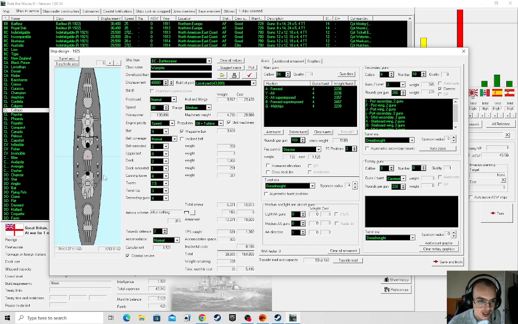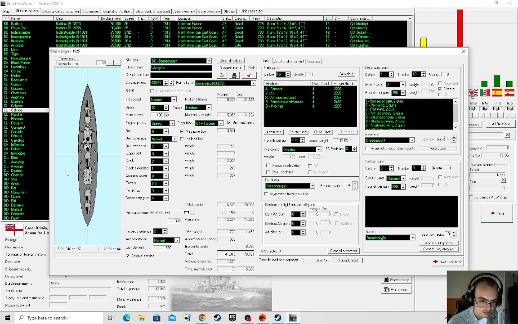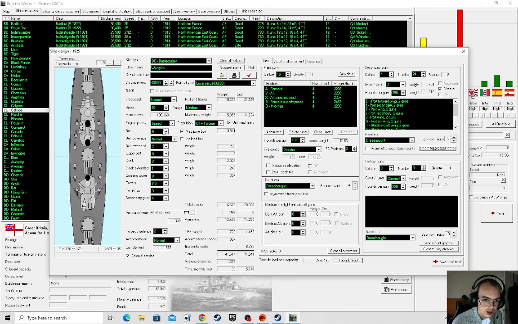Can we up the caliber to 16s? We can. 43,000. 12-inch main belt, all or nothing armor, spacious crew quarters, and I can take a 0.5 there, just